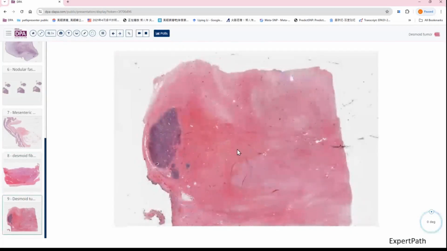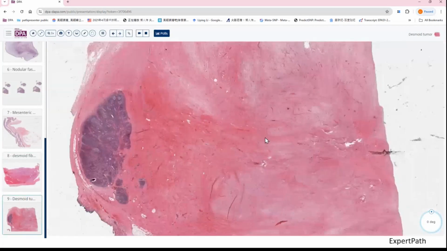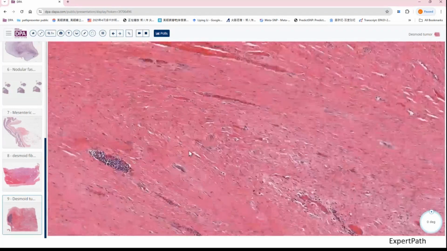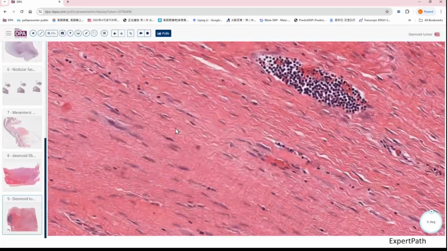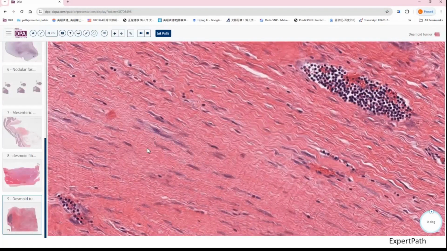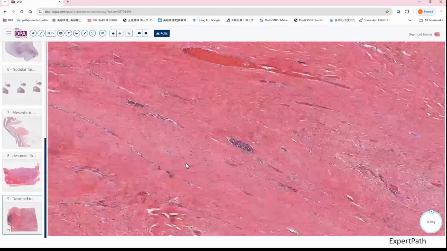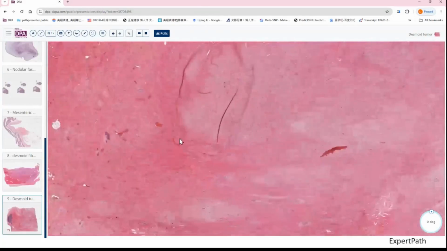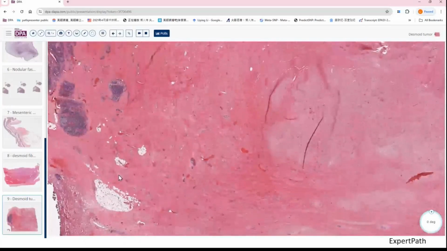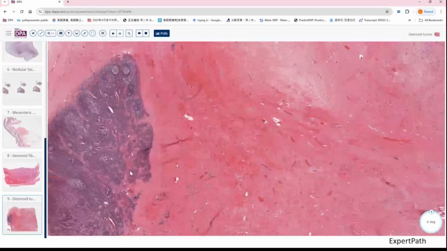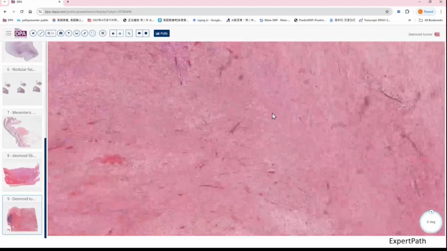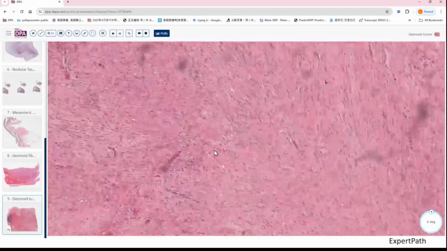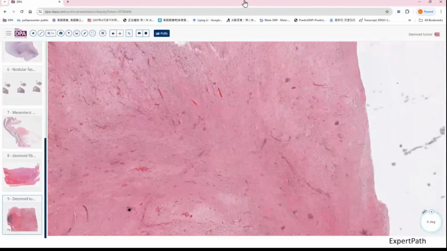So let's see the last slide. Also really similar findings of this long fascicular growth of fibroblasts with collagen bundles between them, open chromatin, and lightly purplish cytoplasm. And then infiltrative growth dissecting into the fat. And then we have some lymphoid aggregation as well. So this is another desmoid fibromatosis. So I think